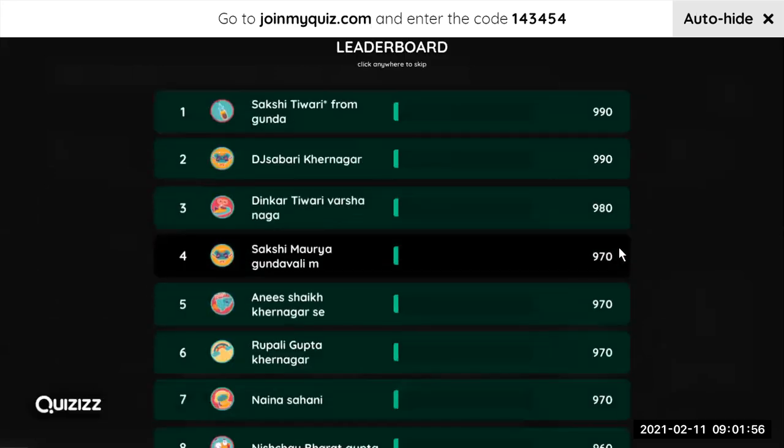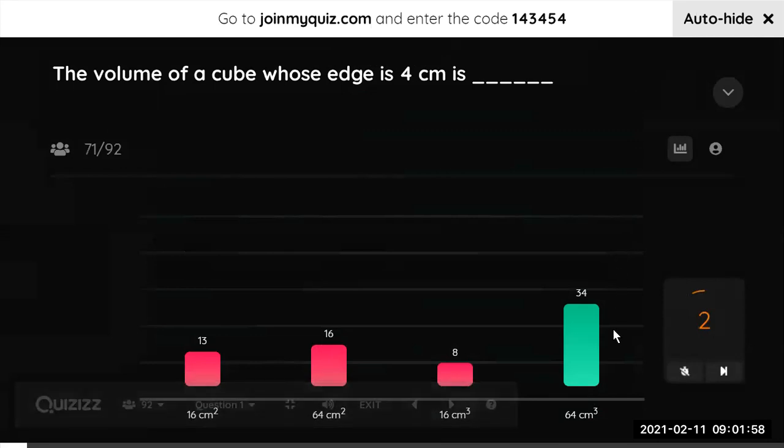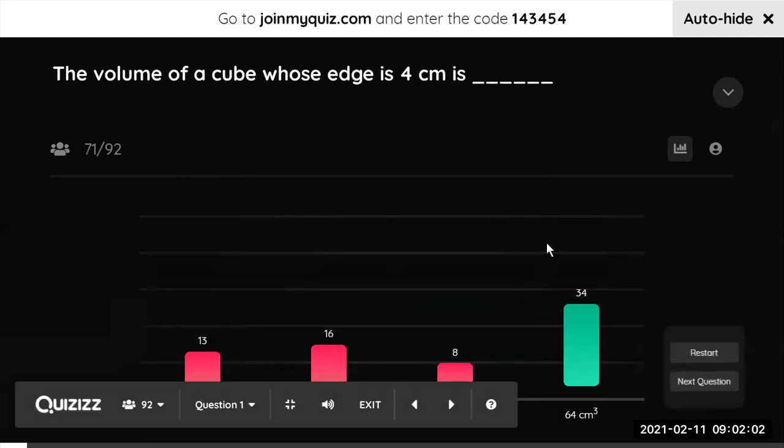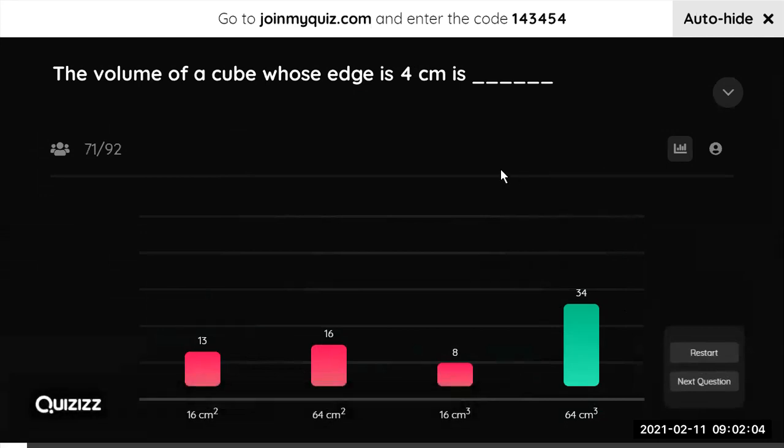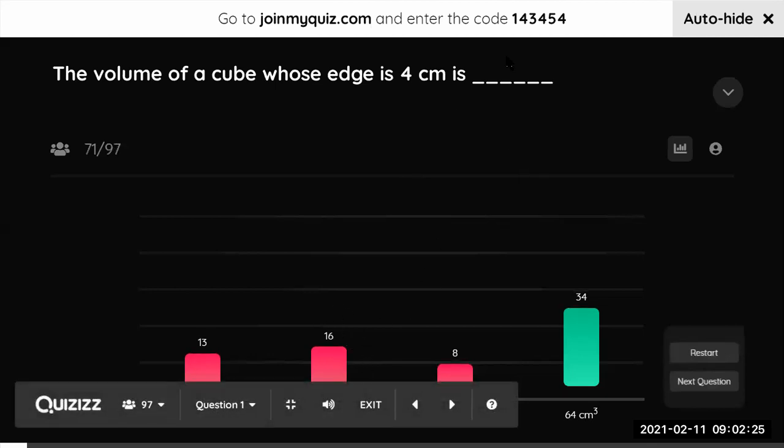4 cube is 64. 4 times 4 is 16 and 16 times 4 is 64. So students, just check. Again, I see a few of you may be giving random answers. Please don't do that, because your names and your score are recorded with me. So please try to give maximum answers, so that in front of your name there are maximum right answers. Now, some of you have given 16. 4 times 4 times 4, you are multiplying 3 times. And some of you have given 64 centimeters squared.